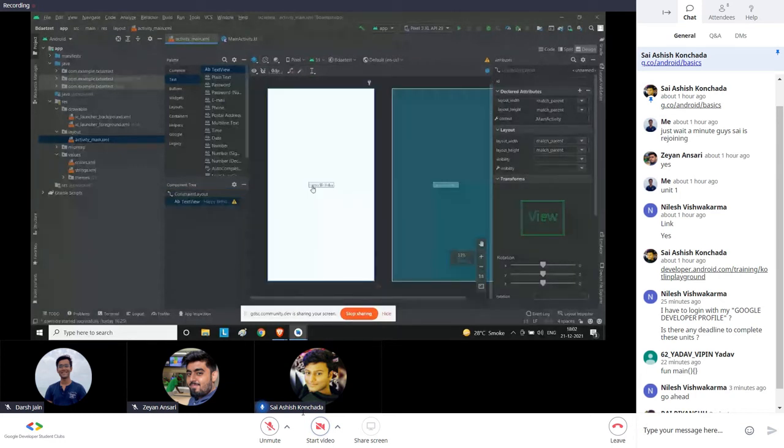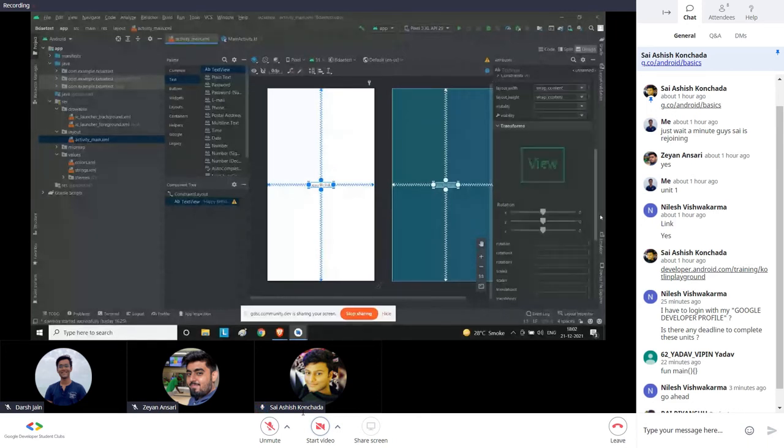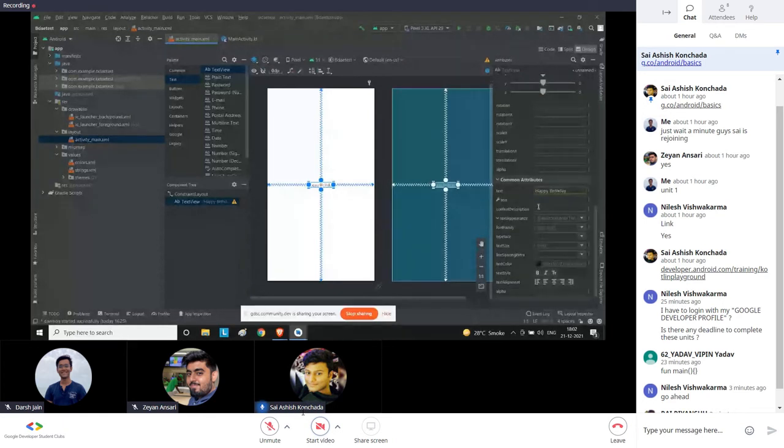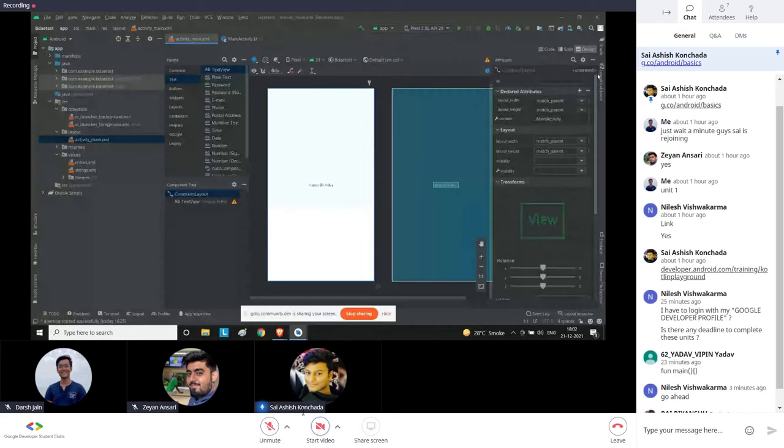These have some different attributes. So there's the width, height, constraints, and there are some other attributes as well, like the text appearance. Obviously, you can change the size, the color, the font style. Everything can be done from here. Attributes are basically the things that will beautify your text. These are the various aspects that you can do with the text.